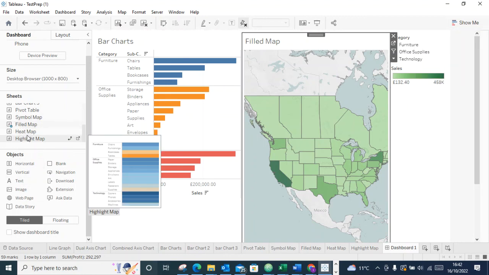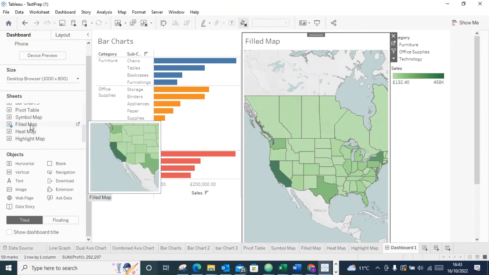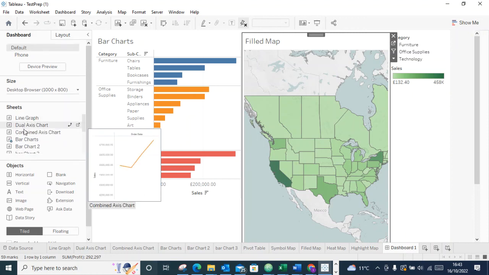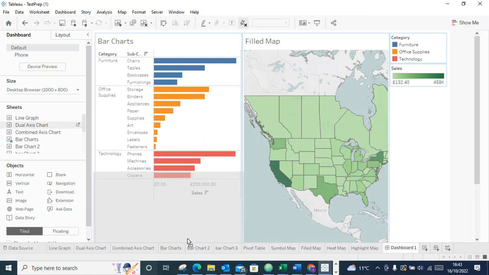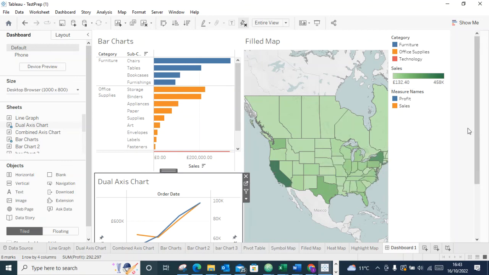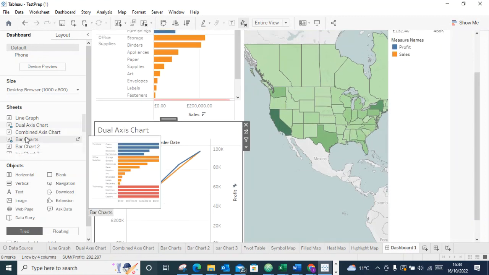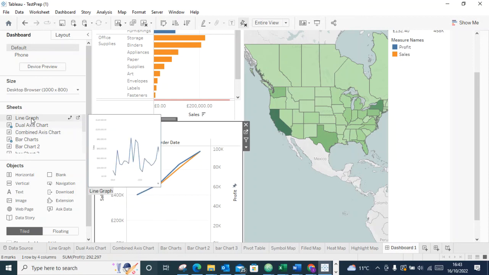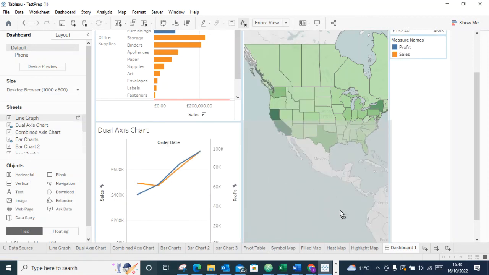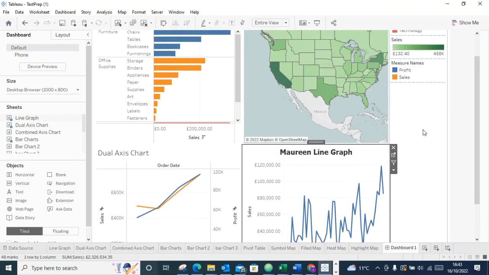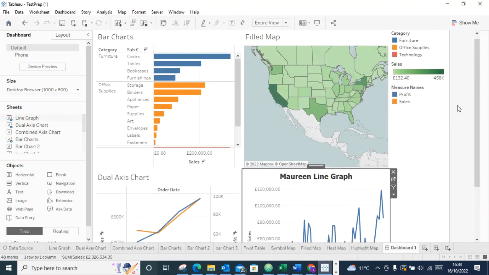Then let's say we want to see our line graph. That's probably showing that's our dual axis. So here's the dual axis chart. You can just come and drop it here. You understand? Yeah, so maybe we want a line graph. Let's drag it and drop it on this part. So you understand me? So that's what they call